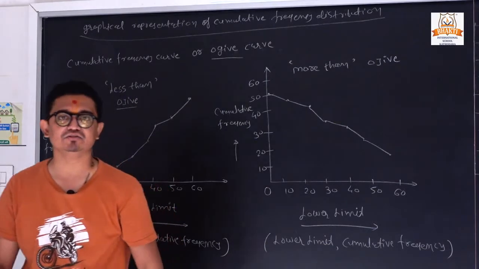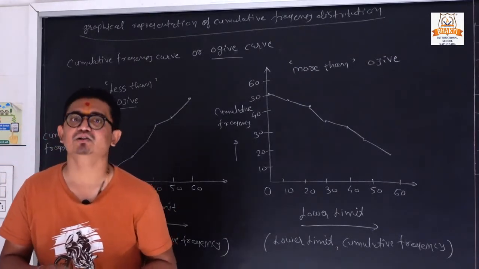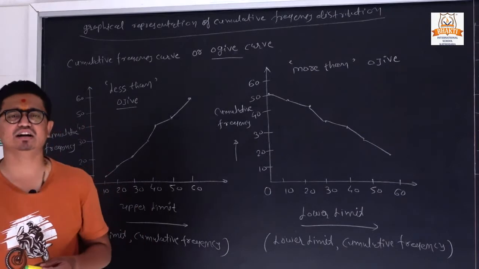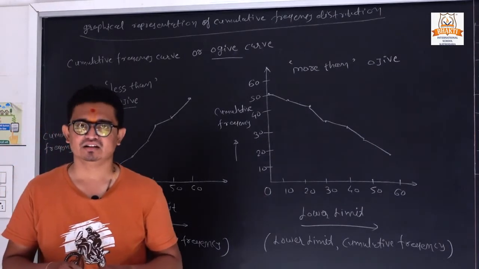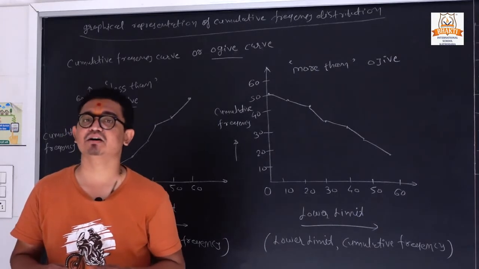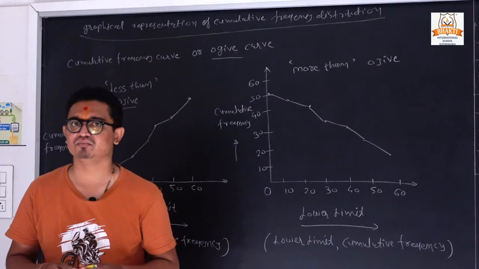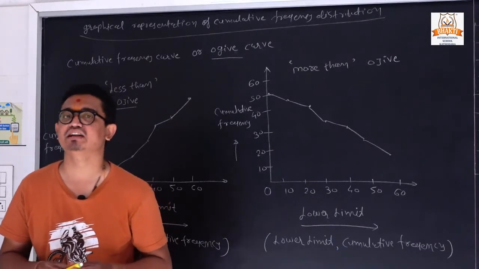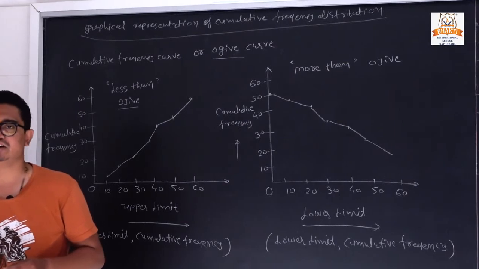But before that, you must remember the terms cumulative frequency, lower limit and upper limit. You are already familiar with upper limit, lower limit and median. In the last lecture we discussed the median. Clear? We have the formula for that, and from the formula we can easily find the value of the median. So in this lecture we are going to our next topic.